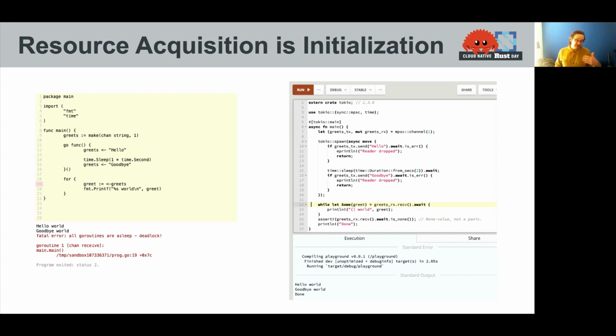And if I run this, it runs until that error happens and we hit a deadlock and Go exits, which is great. I mean, Go should fail in this case because that's the best it can do, but we can do better in Rust. In Rust, I have this type system again. And what the type system lets me do is I get an optional value back.